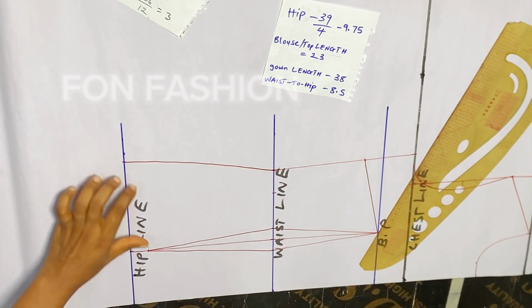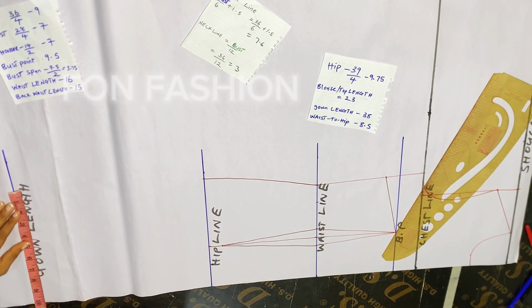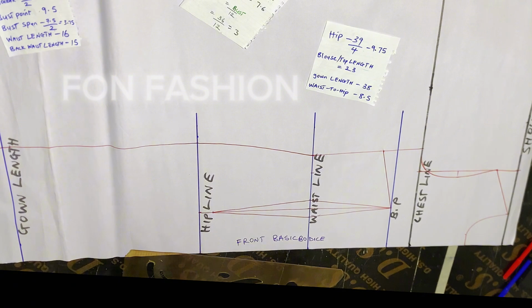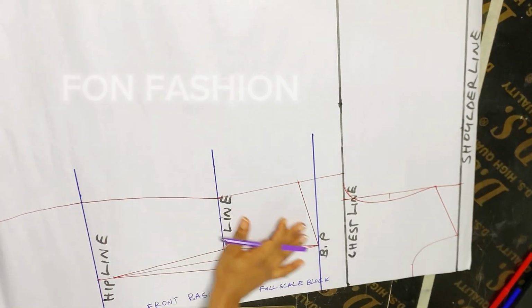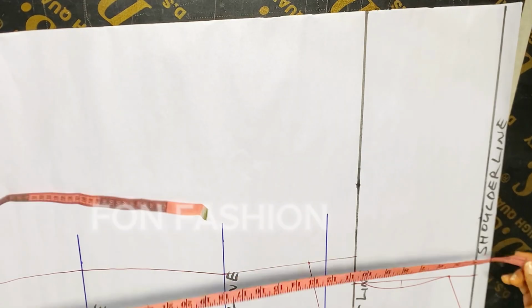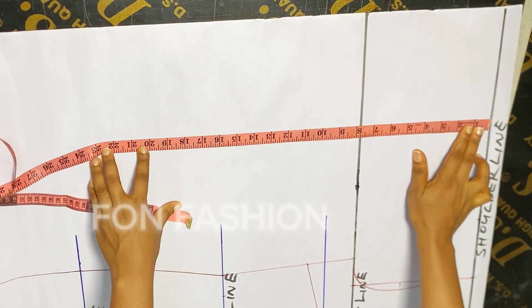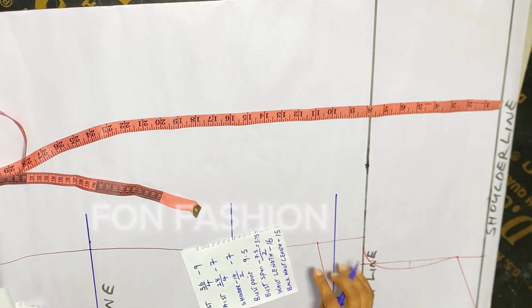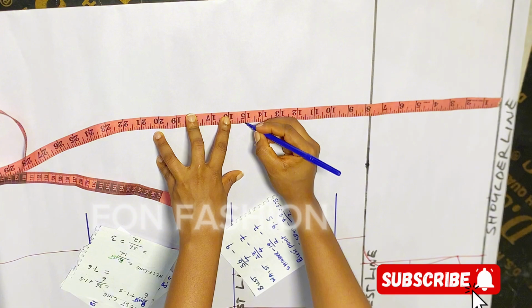So you just have to take this measurement down to the gown length. I'll be taking down the measurement like so. So this is the front basic bodice, full scale block. We're going to be drafting the back on this side. So go ahead and mark the shoulder to chest line, then the shoulder to the waistline, and the back waistline is 15. So go ahead and mark the back